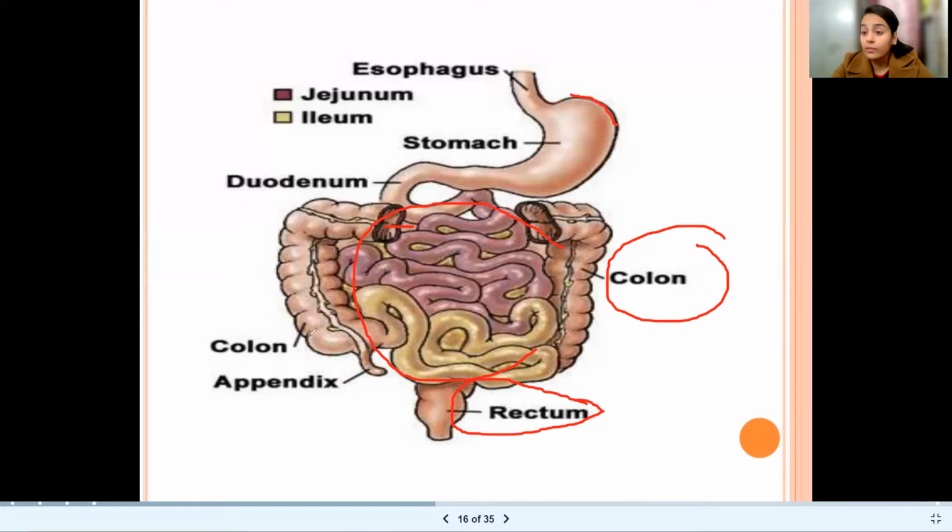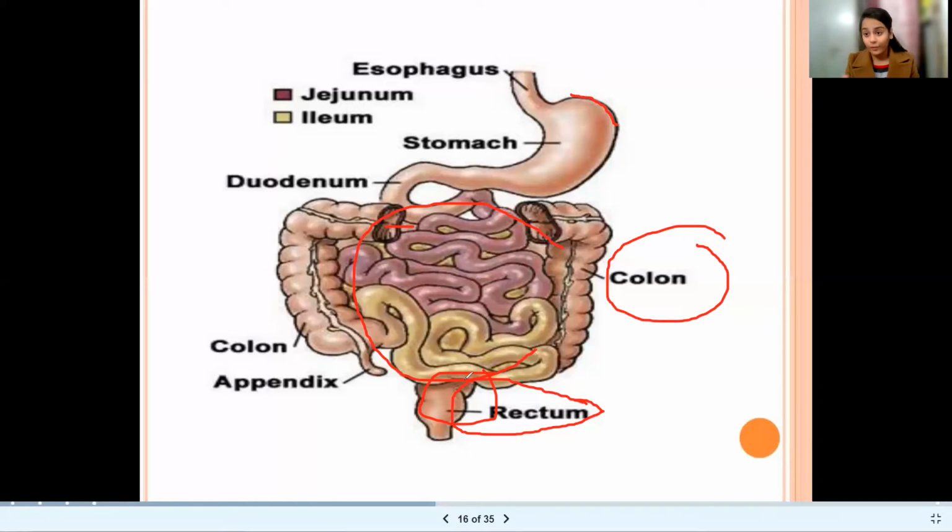Now, the mucus secreted by the large intestine helps in holding the waste products, the waste particles. All the undigested food and unabsorbed waste particles are known as the fecal matter. It is then passed on to the rectum, where it is temporarily stored, and then through the anus it is removed out of the body. This is how we take in the food, and this is how the food is removed.